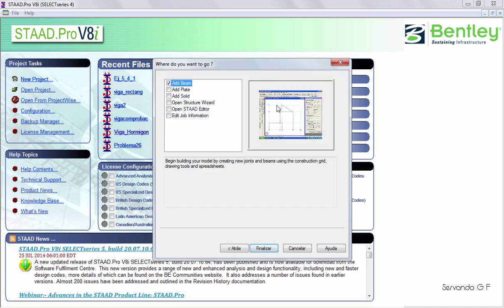So we can do this easily by selecting the open structure wizard, but I'm gonna teach you how to construct or build a model from scratch instead of selecting the wizard, because you're gonna learn more doing it this way. So we're gonna select add beam. This is gonna be a beam structure base,